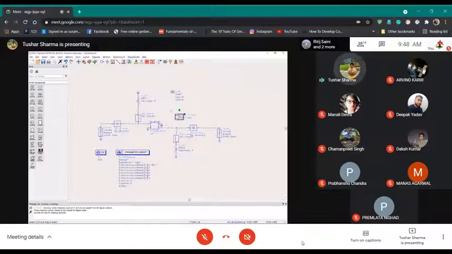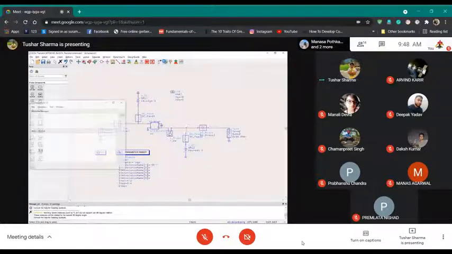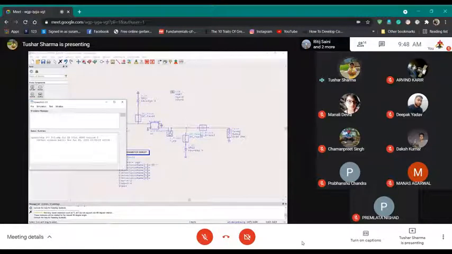Let me try. Or you can just rotate it, like Control R. If you rotate it, you want to make sure the current is flowing towards the device. So in this particular case, you will put this IDS so you know what your current is. Now once you have all this, you will hit the simulate button, and now the simulation will run.